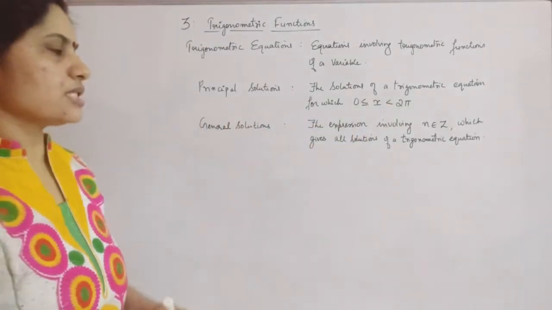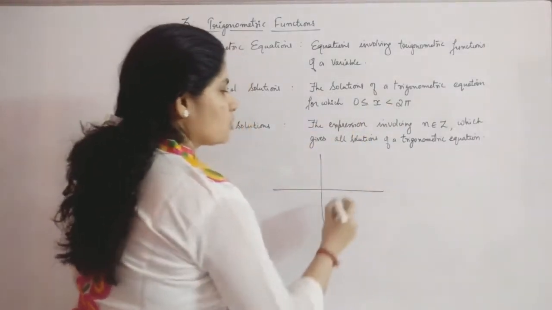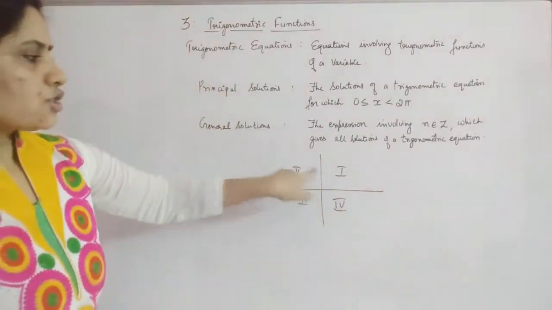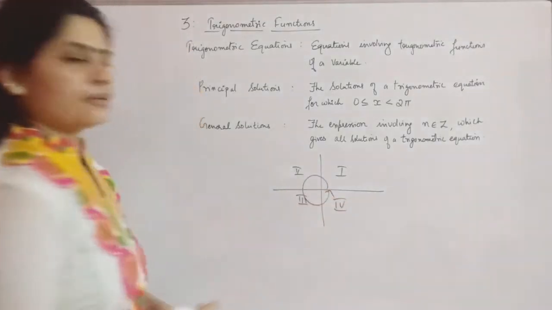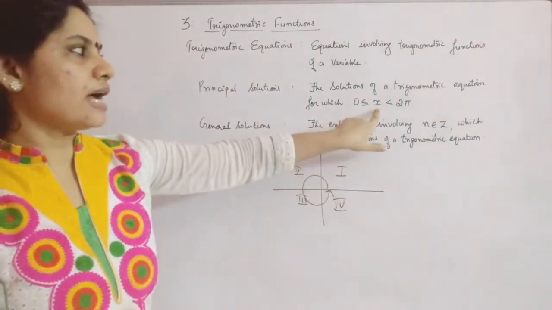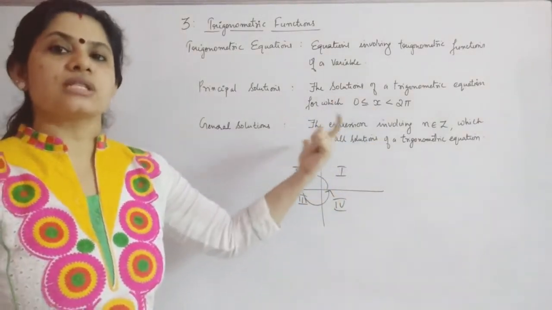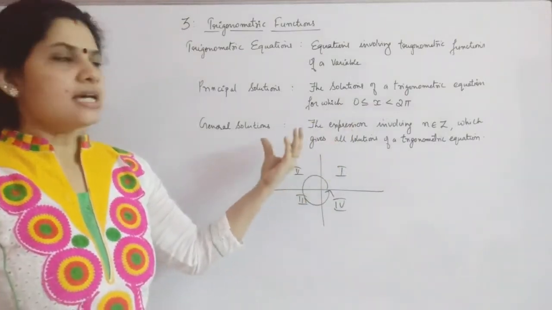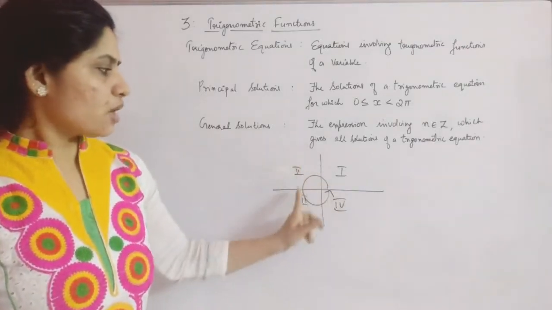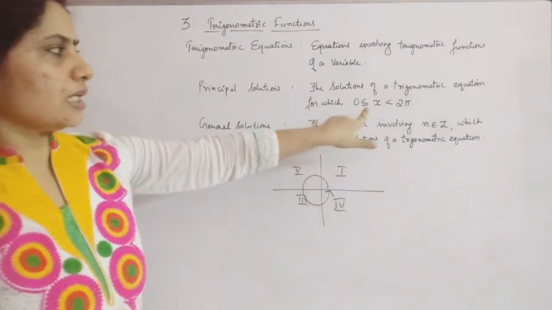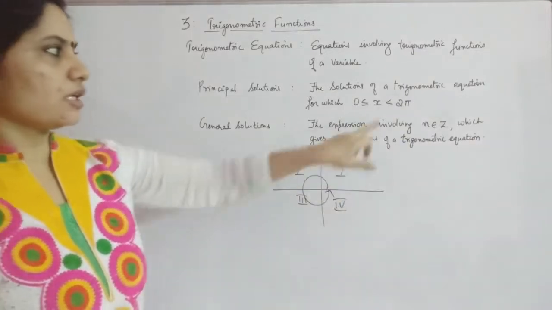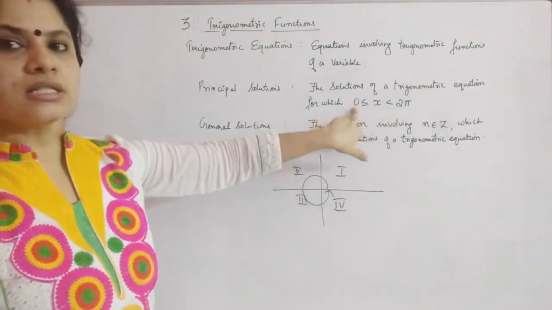So all those solutions, that means when you consider the first, second, third and fourth quadrants, this total you have to consider. This is actually 2 pi, a revolution of 2 pi is occurring here. So in this you have to find out how many values of x will give you the cos or sine value, or whatever trigonometric function you are taking, so that you can find out the value of x throughout this 0 to 2 pi. Okay, that's the meaning of the solutions of a trigonometric equation for which x lies between 0 and 2 pi, but not including 2 pi, only having 0 as the value.